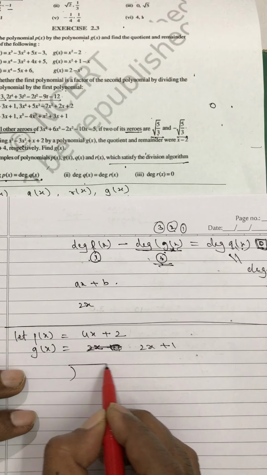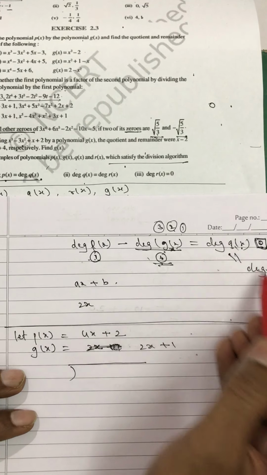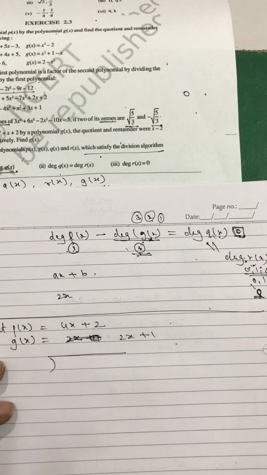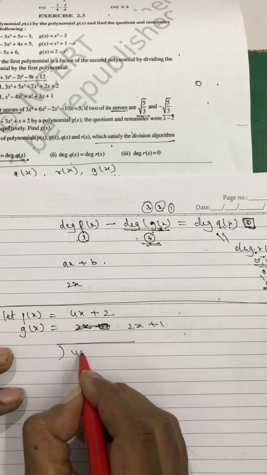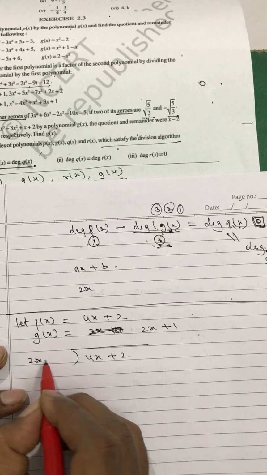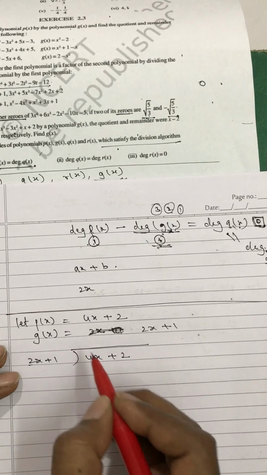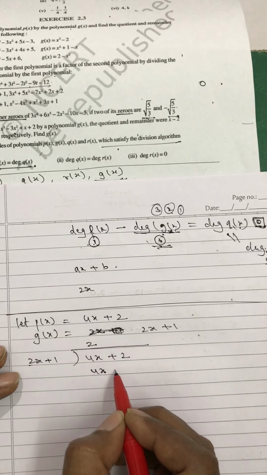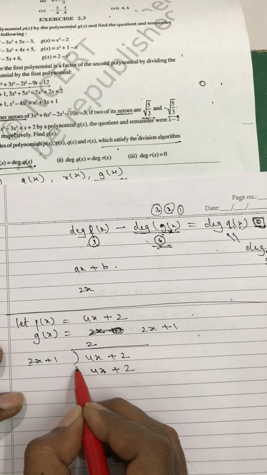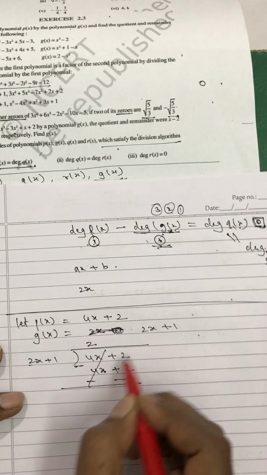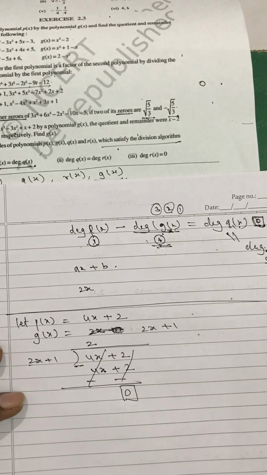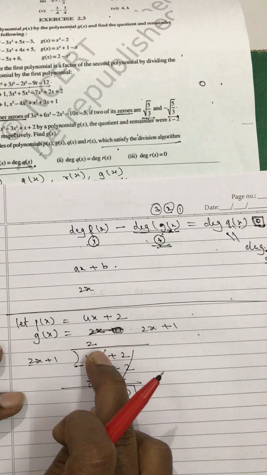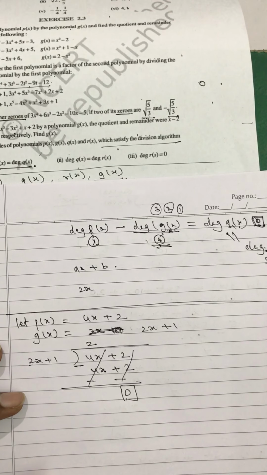Now if I go to find, the degree of q of x and degree of r of x should both have equal degrees. They have just told equal degrees. So 4x plus 2 and 2x plus 1. 2x plus 1 into 2 will give you 4x plus 2. This is gone. Minus minus. Degree is 0. So when degree is 0, remainder is 0. So now you can see over here, both have got equal degrees.